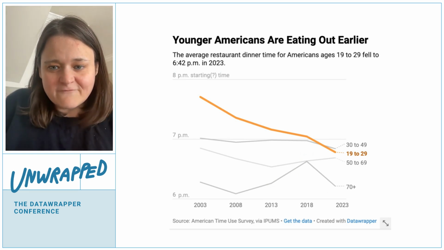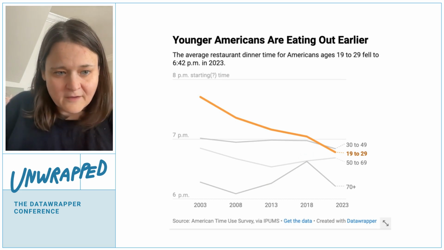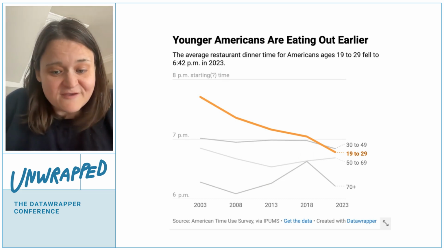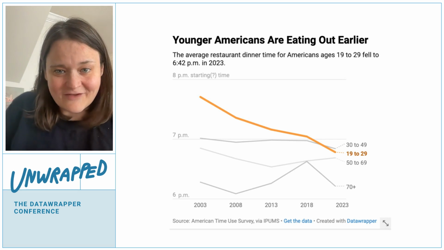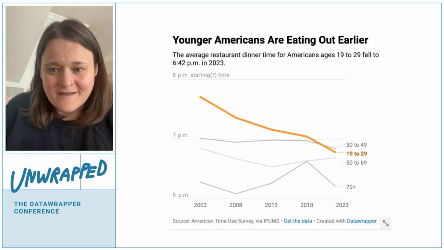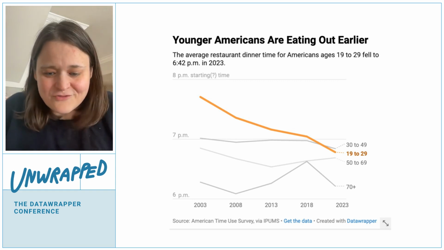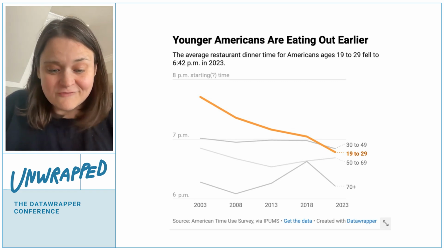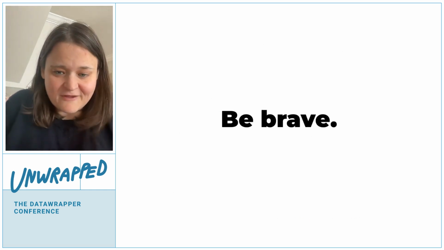The other thing I noticed, felt myself wanting to do when I made this chart, was that if this chart is supposed to be about younger Americans eating dinner earlier, I should just make it be about younger Americans being earlier, right? Like, I have control over things like the color. And if I want the young line to be the most important, I can clearly make it the most important. And that is tip number 3, which can apply. So use your words, tip number 1. Tip number 2, remember your cereal box, that you have some control over hierarchy, even when you are doing pretty simple things. Tip number 3 is just be brave.